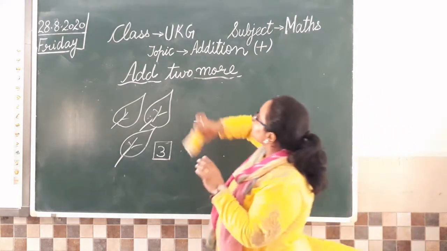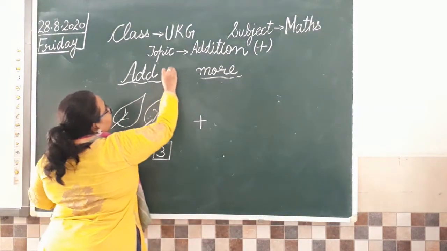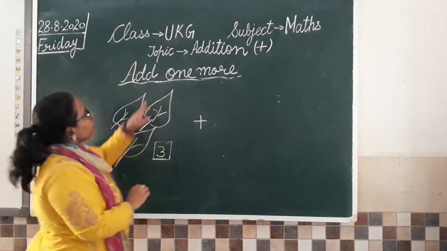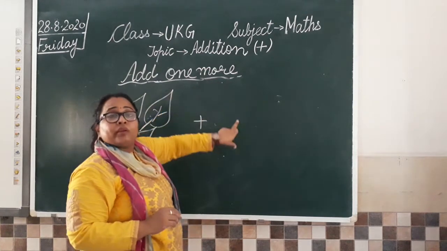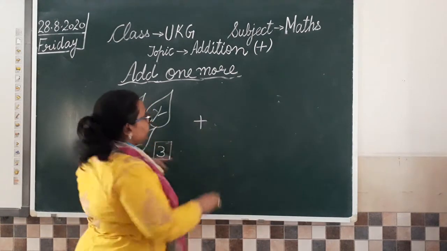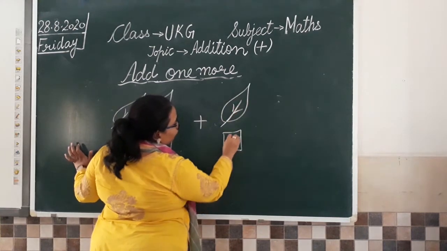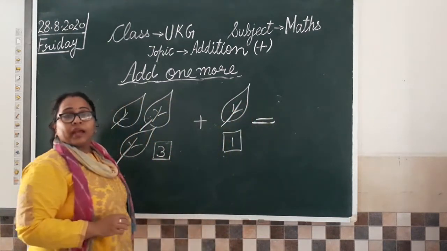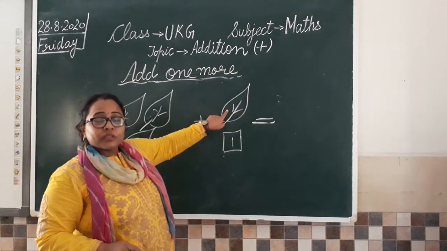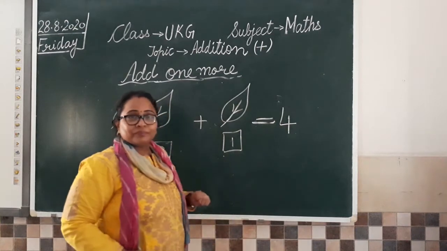So if I change this number here once again and I write add 1 more again. So this is 1 more. If I add 1 more, so 3 I have given to you. Now add 1 more. तो अब कितने ऑब्जेक्ट ऐड होंगे बेटा? 1, 2, 3. कितना ऐड करेंगे हम? 1 object. So what we will do? I'll draw 1 more leaf here. So this is 1 more. अब बताइए टोटल क्या आएगा हमारा? 1, 2, 3, 4. So what is the total now? 4. So we will write that total here.